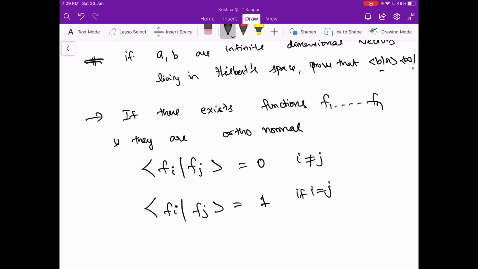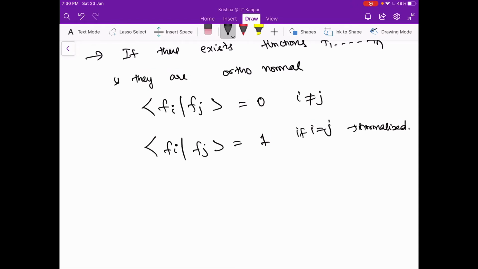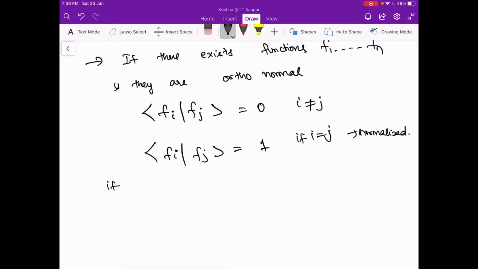Okay, they are also normalized. And if the set of such functions are complete,